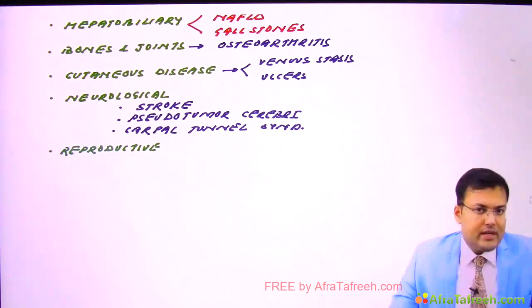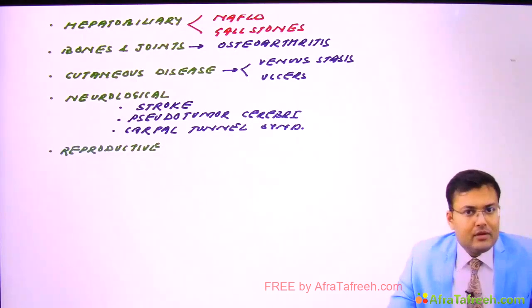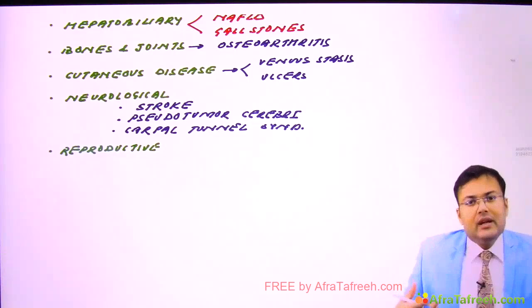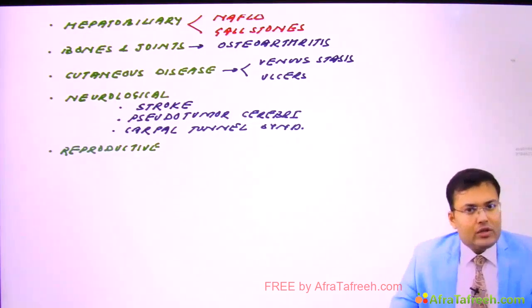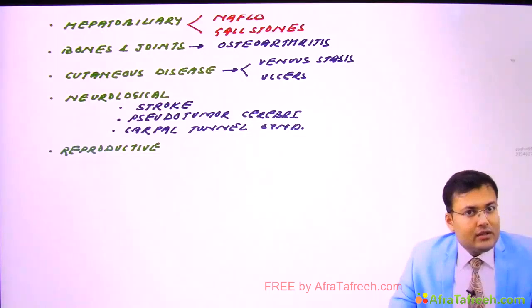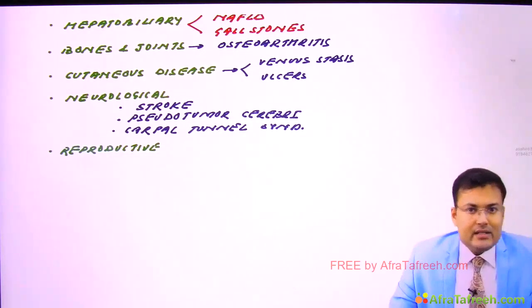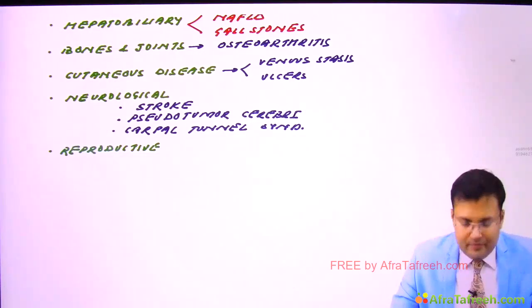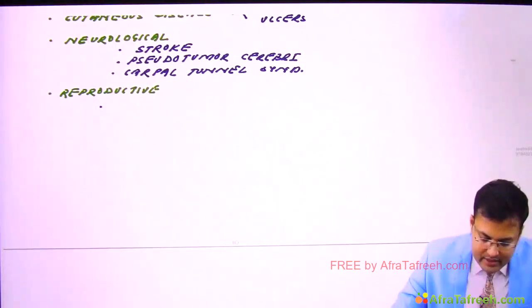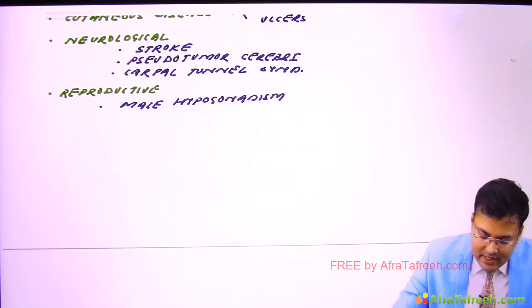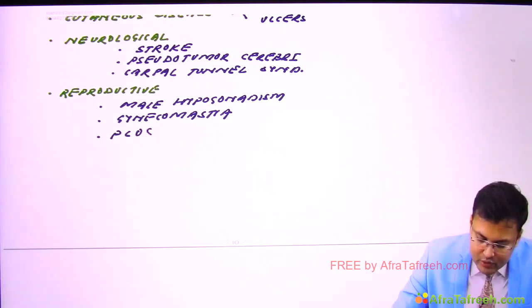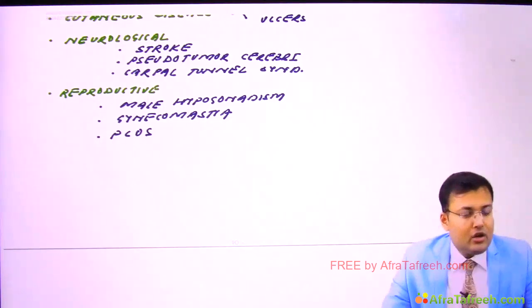Obese patients have increased risk of hypogonadism. So in males, there is hypogonadism and increased risk of gynecomastia. And what's the problem in obese females? During the 3rd to 4th decade, there is increased risk of polycystic ovarian syndrome. So in the reproductive system, there is increased risk of male hypogonadism, gynecomastia, clear? And in females, increased risk of polycystic ovarian syndrome. So these are the pathological consequences.